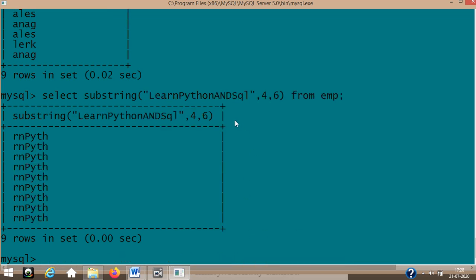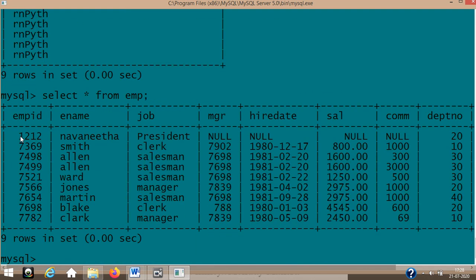Yes, see, because I wanted to show you one more thing. I gave here from EMP, but this is not any kind of an EMP's field name, correct? So it started from this, see, 1, 2, 3, 4. Then from there 1, 2, 3, 4, 5, 6. So 6 that are in Python. Okay. Why 9 rows are coming? There are 10 rows in EMP if you remember it. If you want, I can show you that, see, okay, 9 rows.